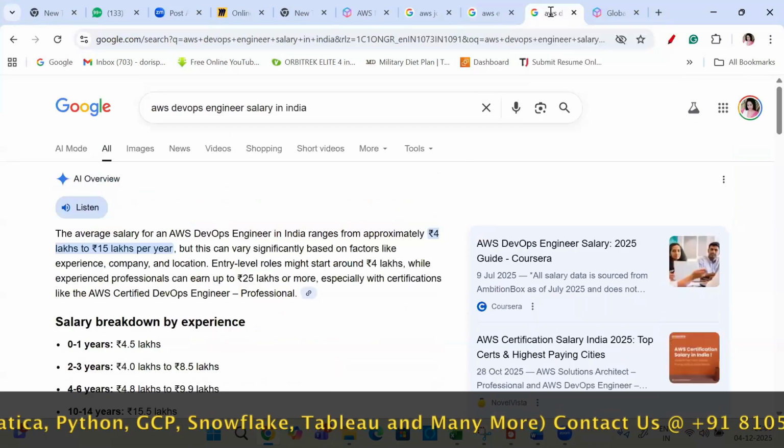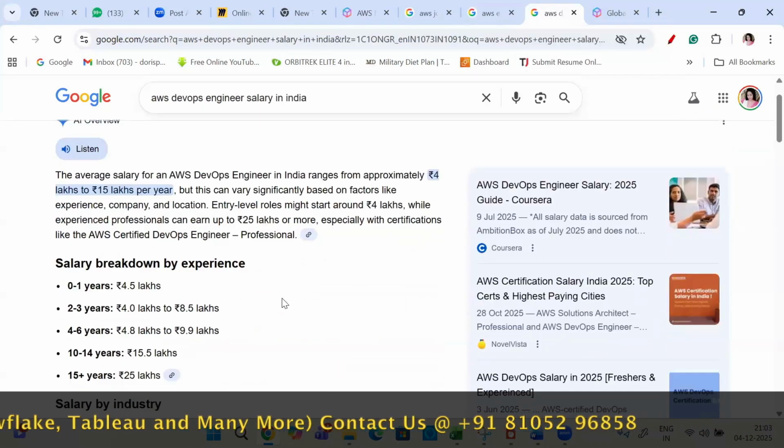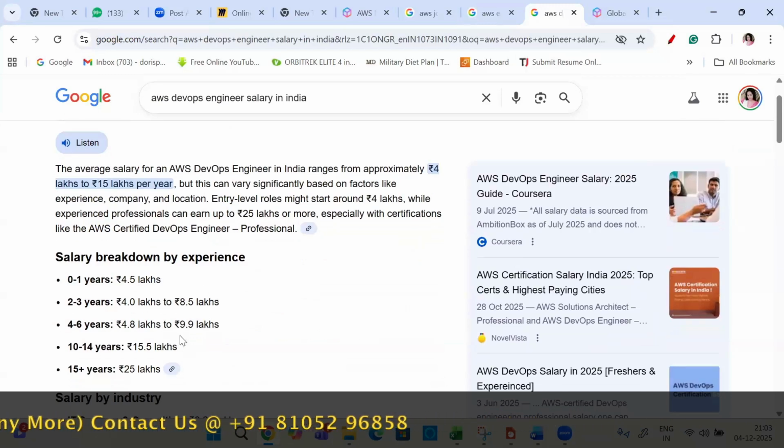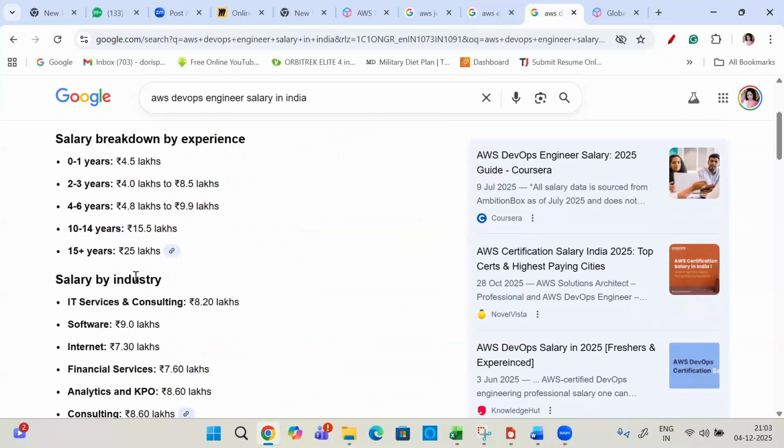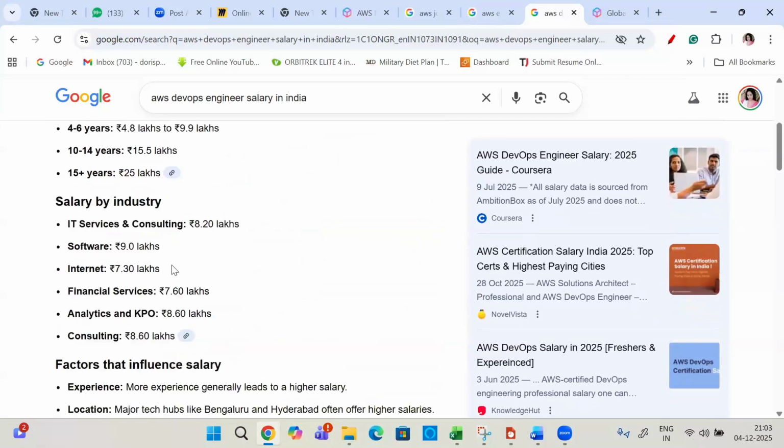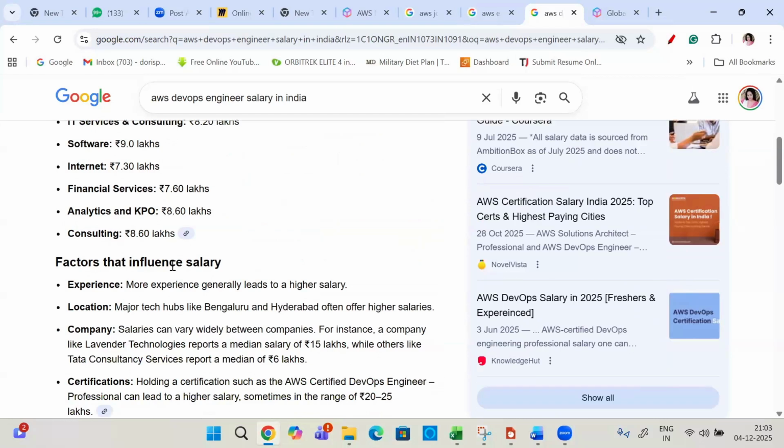For example, if you're going for a DevOps engineer, if you see the skill sets, starting in the first few years this is the range. Above 15 years, it can go more than 25 lakhs package. If you even search, some of them are even drawing more than 40 LPA, 40 to 50 LPA, depending on the role and the experience.